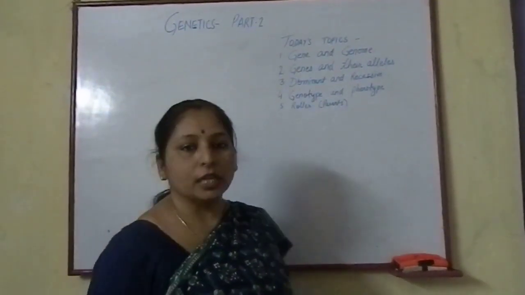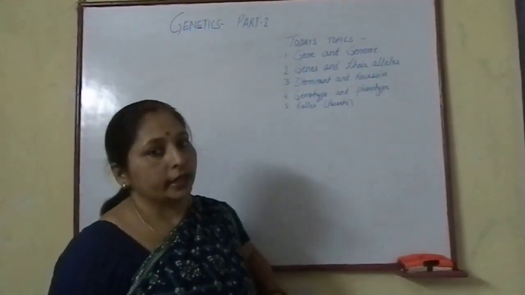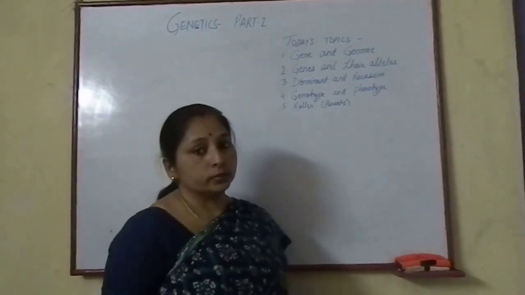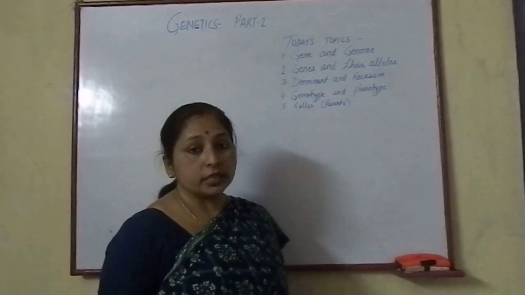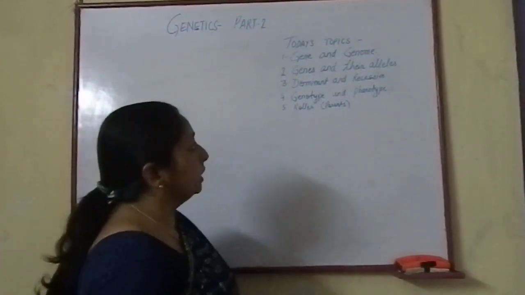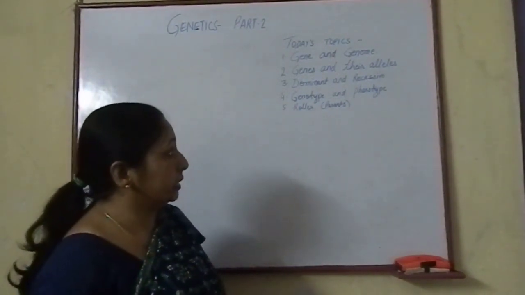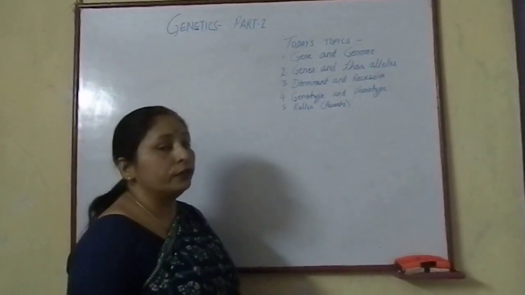Hello students, in the last class of the genetics chapter we discussed the characters that are transmitted from parents to offspring or grandparents. Then we discussed genes and where they are located. Today we will discuss gene and genome, then genes and their alleles, dominant and recessive characters, genotype and phenotype,